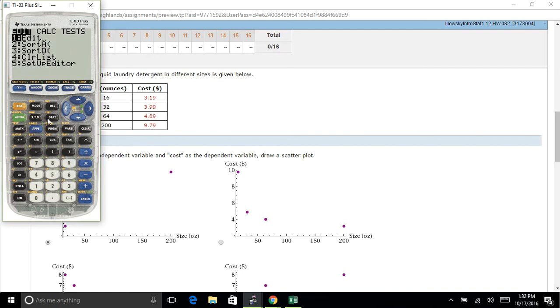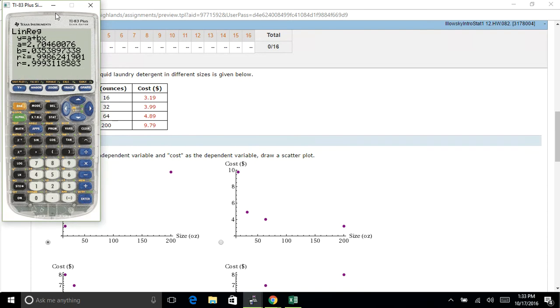All right, so then I go to Stat, go over to Calc, and I'm not going to go to LinReg, I'm going to go to the bottom one. You can use LinReg if you want. This one actually has the format that they're looking for. Oh, and I don't have my R or my R square, so that's really important. So I need to do second, 0, go down, and I need to go to Diagnostic On, because if I don't have everything I need, I can't finish this problem. So I go to Diagnostic On, hit Enter, and then hit Enter. Okay, and then if I go to Stat again, go over to Calc, go down to 8, hit Enter, boom,